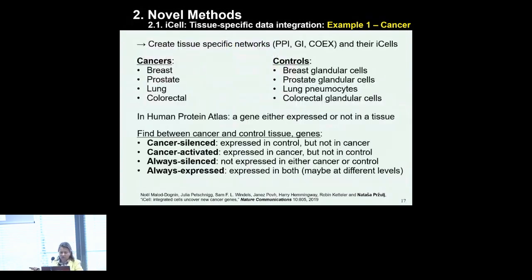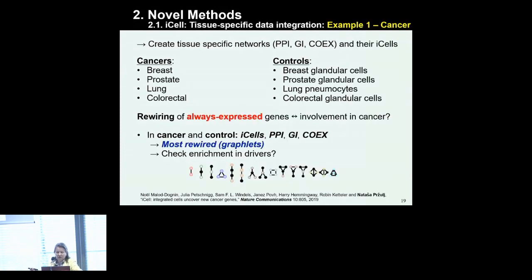Now we do further analysis. Between cancer and control, cancer can silence or activate genes, or in both cancer and control they're not active, or in both they are expressed, perhaps at different levels. What we noticed is that only these always-expressed genes, maybe at different levels, but I'll talk about that later, are enriched in cancer drivers. Then we investigated their involvement in cancer. How? By finding the most rewired genes